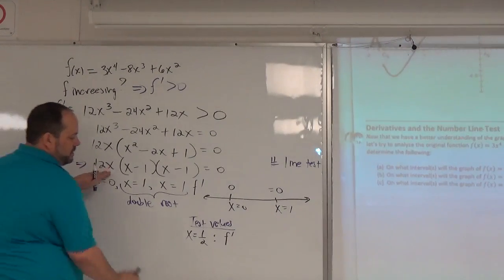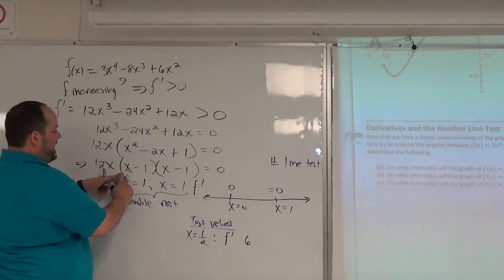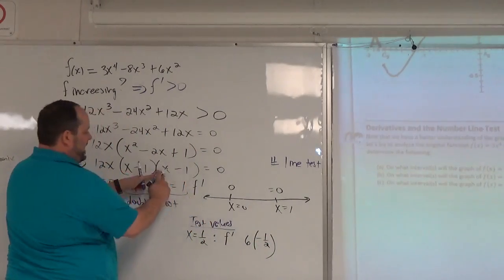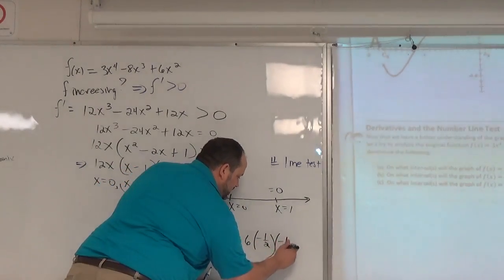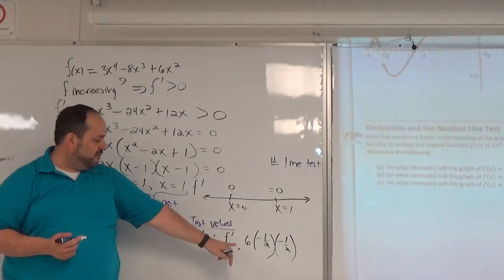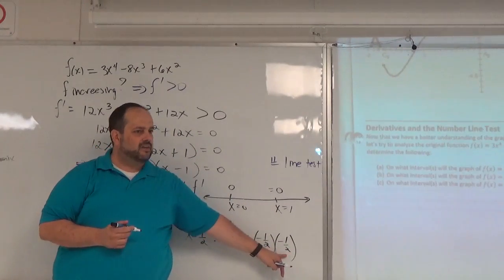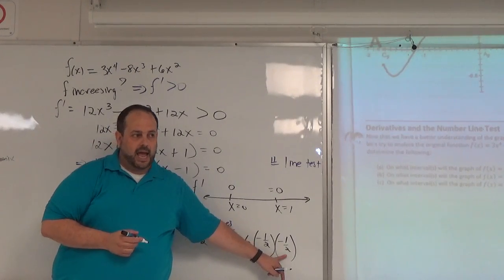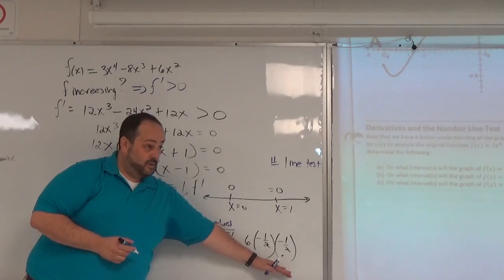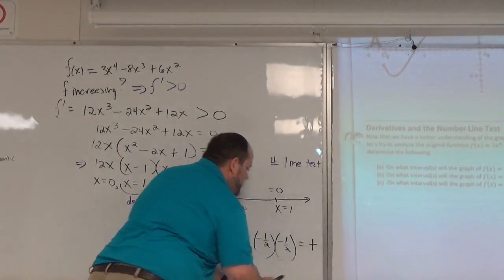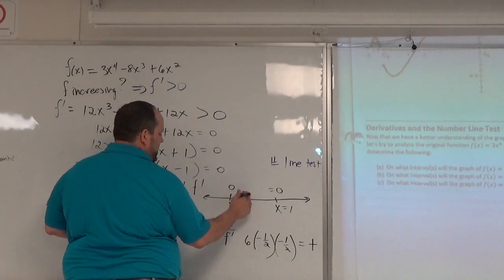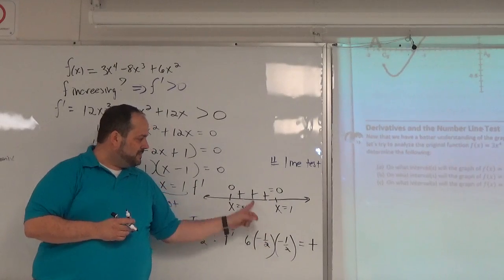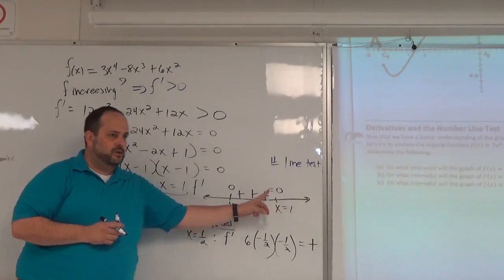12 times a half? 6. A half minus 1? Negative a half. A half minus 1? Still negative a half. Now before you're tempted to say, oh, 6 times negative a half times negative a half, I know what that is. There's only one thing I care about here. Is this a positive or a negative? Positive. This is a positive number, so that means that my derivative must be positive,